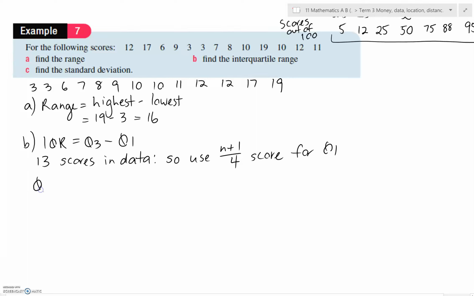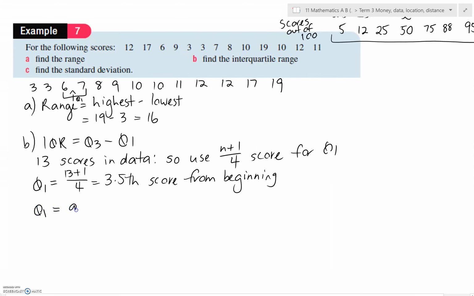Okay, so let's do that. So Q1 is 13 plus 1 over 4, 3.5th score from the beginning is where Q1 is located. So that means it is in here. Q1 is in there. So let's go and find that. Q1 equals the average of the third and the fourth score, which means we have to add those two scores together and divide them by 2, and it's going to be